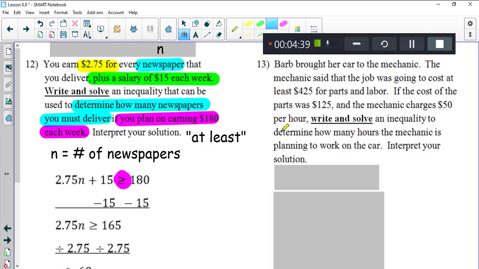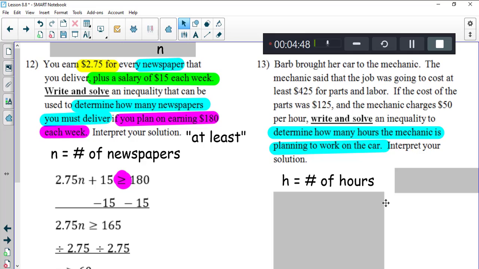First off, let's determine what we're trying to find. It says that we need to determine how many hours the mechanic is planning to work on the car. So let's let H represent the number of hours. Let's read the question again. The mechanic said that the job was going to cost at least $425 for parts and labor. That word at least is going to indicate what inequality symbol we are going to use. At least is our greater than or equal to symbol. We even saw that in number 12, even though that phrase was not used. So we're going to have greater than or equal to